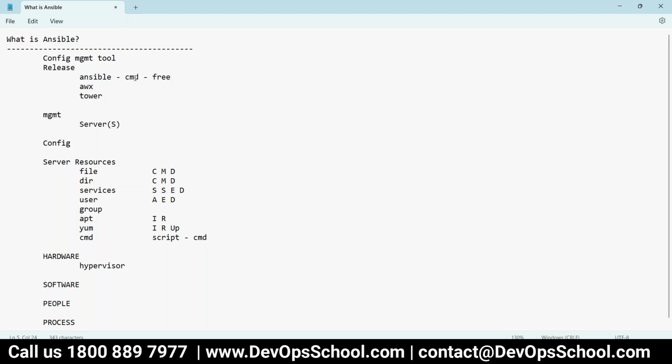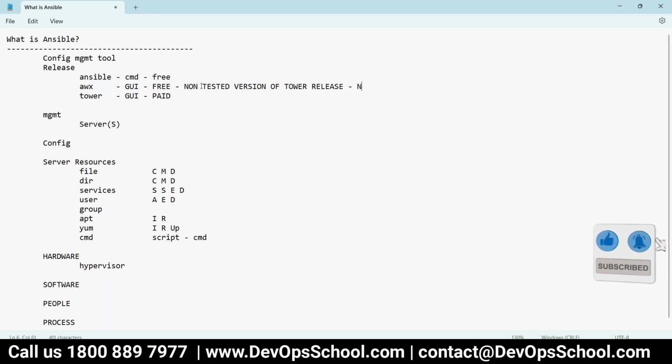This is what I'm covering right now in the session. Now AWX is UI based software. Tower is also UI based software. Then you'll ask what is the difference between AWX and Tower. This is free and this is paid. In AWX you get all features, and in Tower you also get all features. But the difference is this is a non-tested version of the Tower release.